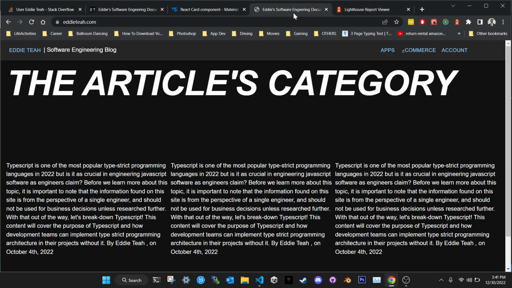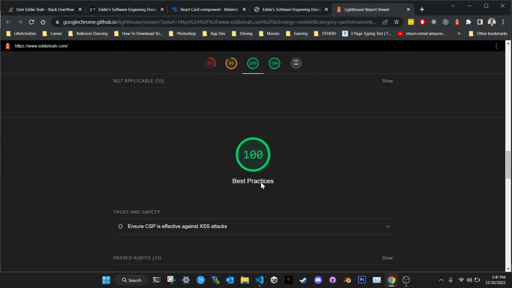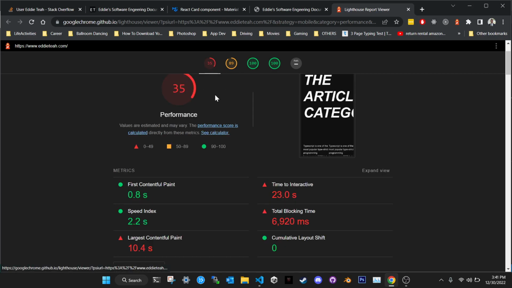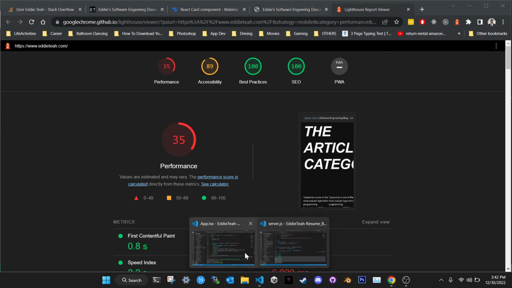Anyways, for performance, I feel like the performance is actually good. That's how long it takes to reload my page. You can actually try it from home. Accessibility, we have an 89 score, and they're just giving us some little stuff that we can add to it. So yeah, this is what I do.